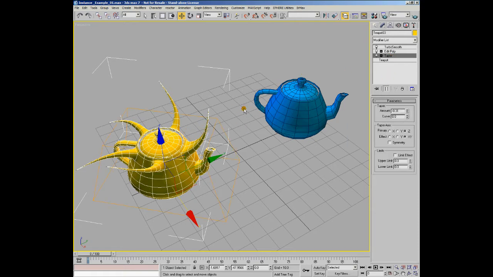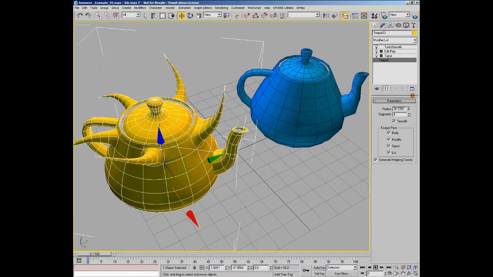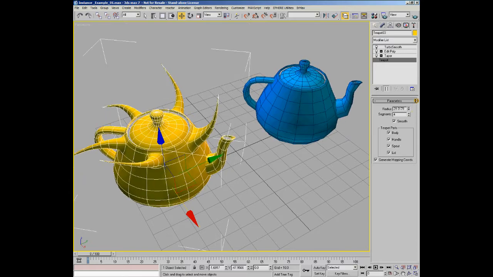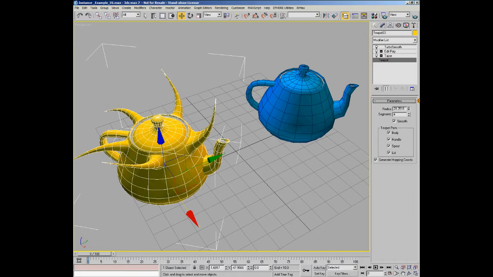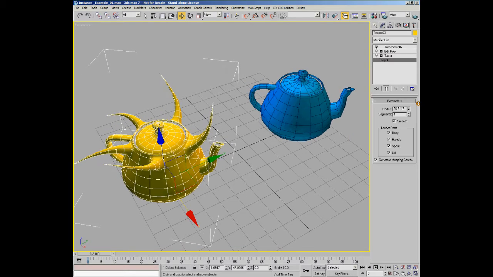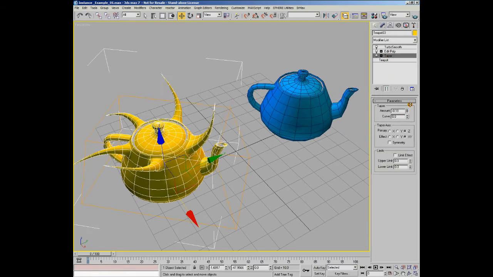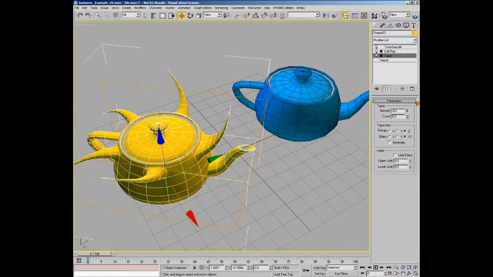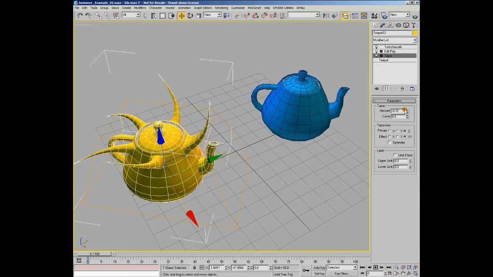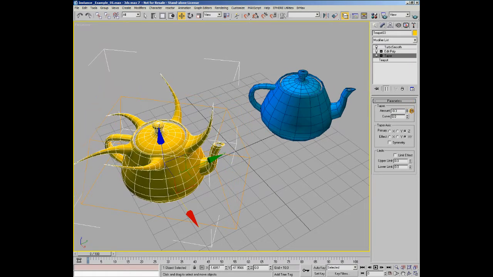And just to show that those controllers are actually instanced, I'll go down to the teapot and I'll just change the radius value. And as you can see, both teapots are changing size. And that's because, as I said, the radius value is actually instanced between them, just using that instancing of the controller. And if I go onto the taper and modify the amount, again you can see both are changing. And that's again because I've actually instanced that controller across both modifiers,